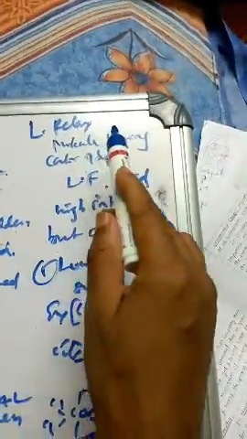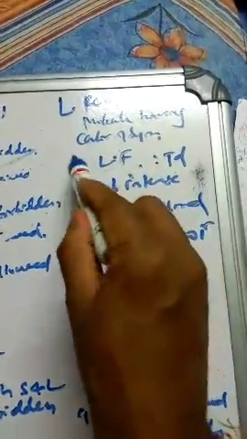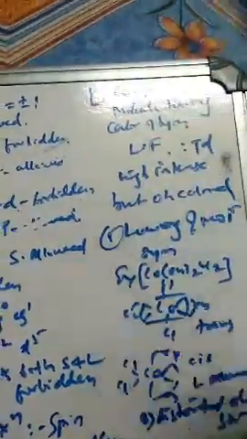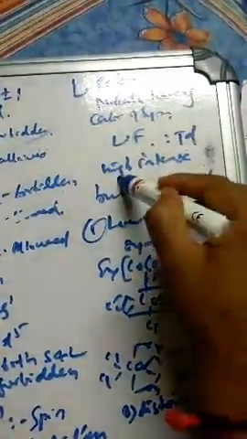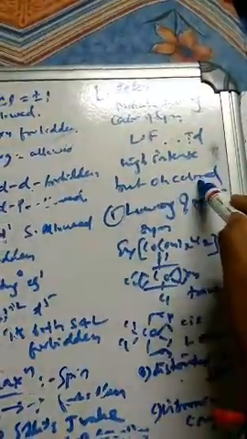Similarly, there is Laporte relaxation, just as there is spin relaxation. In Laporte relaxation, if the molecule has a center of symmetry, it is Laporte forbidden. There should not be a center of symmetry in the molecule; if it is there, it is Laporte forbidden. Most octahedral complexes have a center of symmetry, and that's why they are forbidden. That's why we say tetrahedral complexes are more intensely colored than octahedral ones. Why? Because tetrahedral complexes do not have a center of symmetry, so they are very intense in color compared to octahedral complexes.